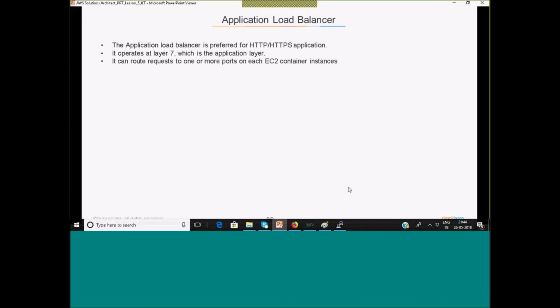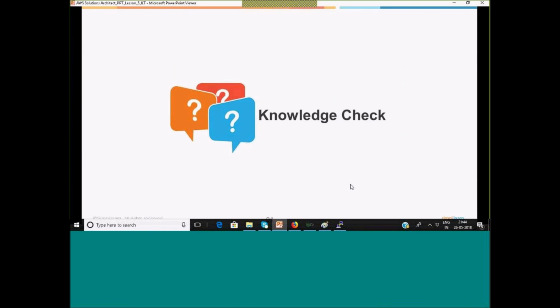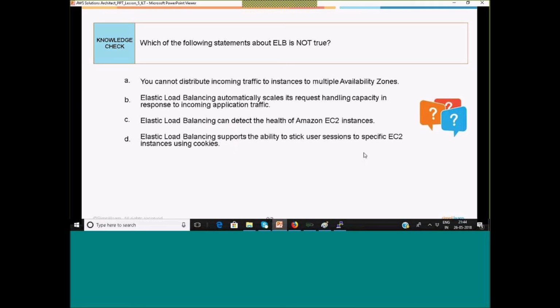So I'll just quickly go to this. We have already discussed knowledge check, we didn't do it, right? So, knowledge check. Okay, can we define the endpoint URL? Can you show a demo? Yes, we are going to discuss the Route 53 topic, so we will discuss it in that. You can change the endpoint by using Route 53. Yes, with Route 53 we can do that.